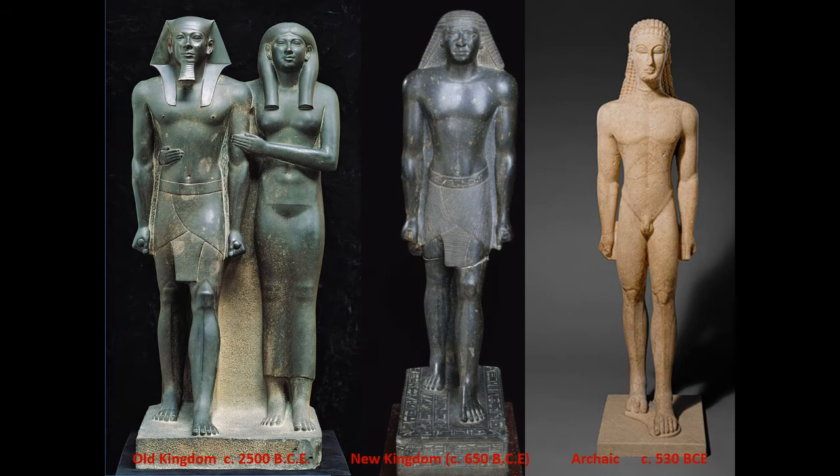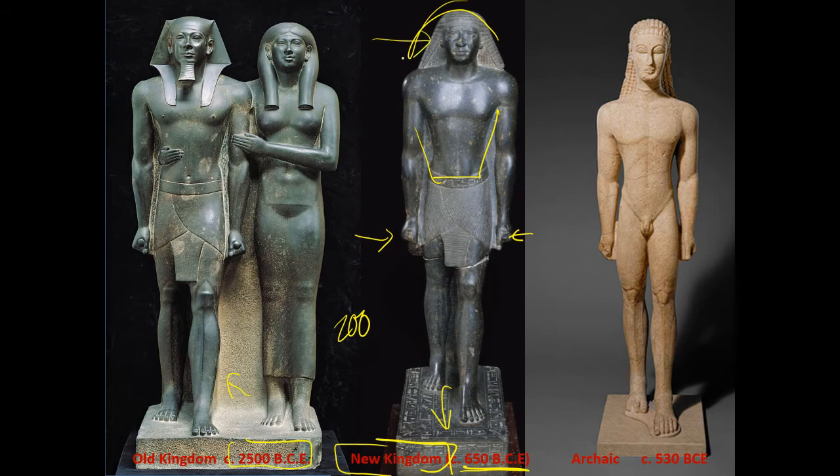So here's something really fascinating to look at. This is Menkaure from 2500 BCE. This is a New Kingdom statue from 650 BCE. So here we've traveled nearly 2,000 years, and you still have that static foot forward, the arms clenched at the side, the broad idealized chest, the frontal pose, something like a hood, a relatively naturalized but idealized face. The statue hasn't changed in nearly 2,000 years.